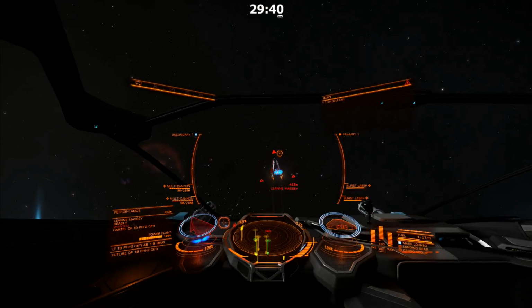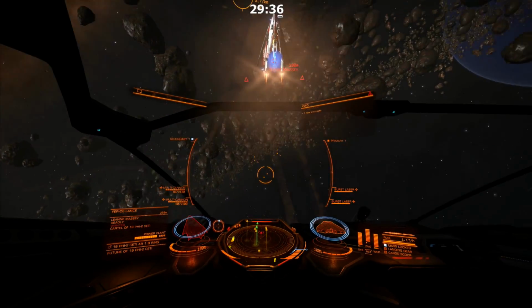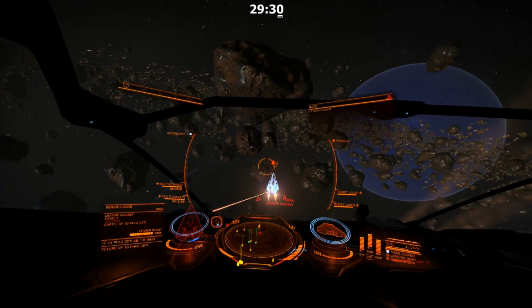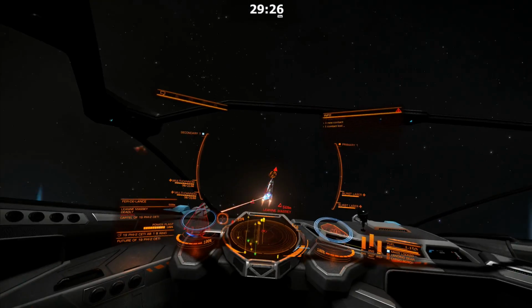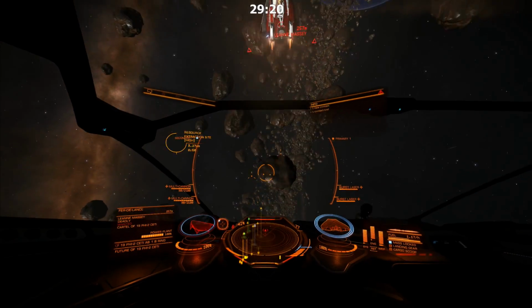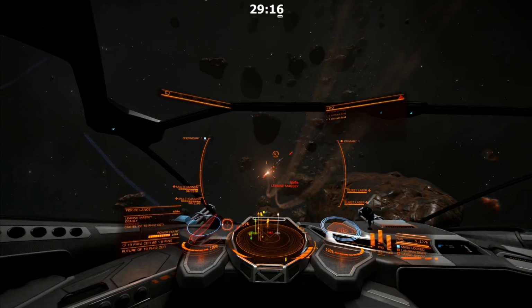Now, I'm not sure yet what this Fer-De-Lance is using as far as armaments, but we do see the Ace is using 2 small burst lasers and 2 medium multi-cannons. Ah, yes, the multi-cannons, one of my favorite weapons to use out there in the abyss. Lasers are okay, but I prefer the conventional bullets, so...